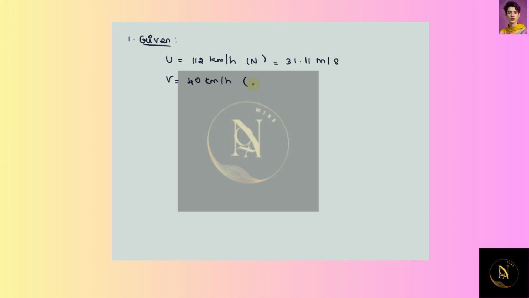So 40 km per hour, and the acceleration is given as 2.5 meter per second squared in the south direction. Therefore, the final velocity will be 112 kilometer minus 40 kilometer, which is equal to 70 kilometer per hour in the north direction. As a result, if we convert it into meter per second, then it will be equal to 20 meter per second. Here we have to calculate the time, and we can use the kinematic equation v is equal to u